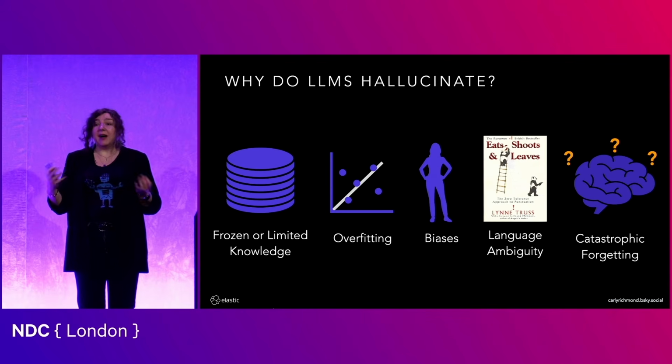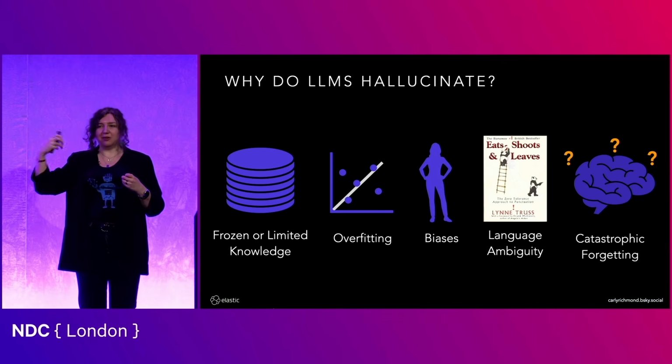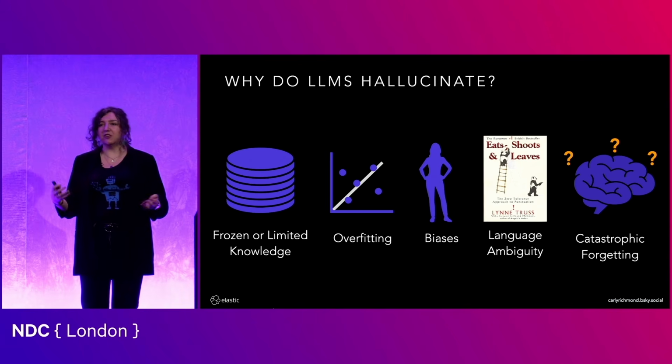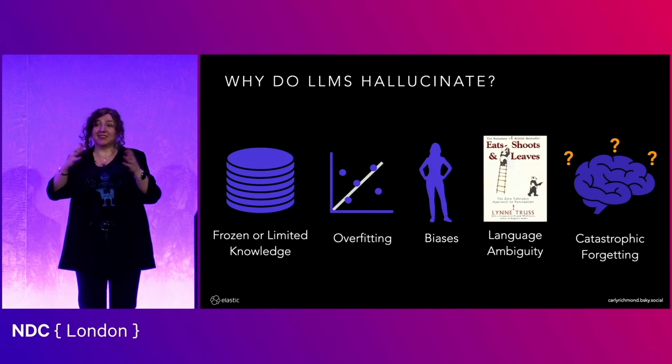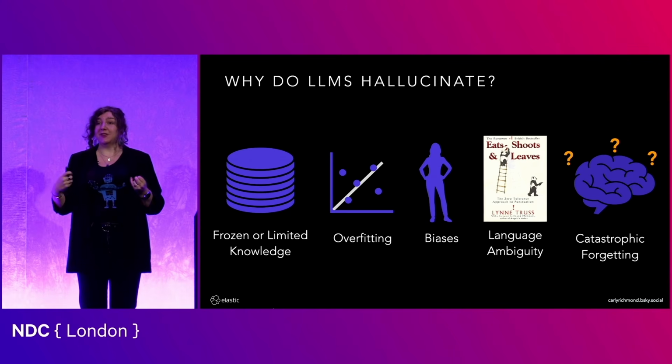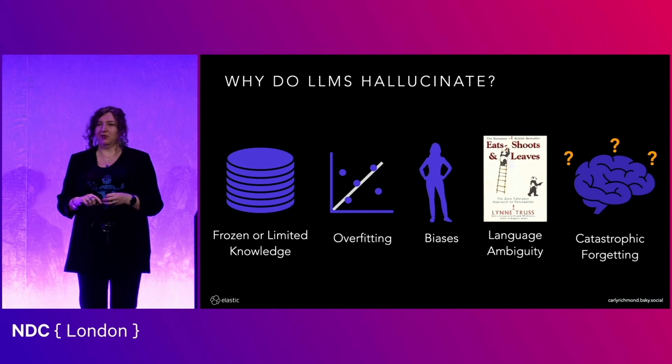The third thing is down to biases in the data set, not just the fact that information is not there, the fact that we have information out in the realms of internet that has biases towards particular demographics. And we've seen with early versions of LLMs how they've maybe spit out particular assumptions such as occupations based on gender and other socioeconomic characteristics. And if you're building something for an external-facing company, you don't want to be the company that's in the news, and we've seen countless ones of these, like DHL last year and others, that end up in a situation where they say things they shouldn't. So we need to be careful about that too.